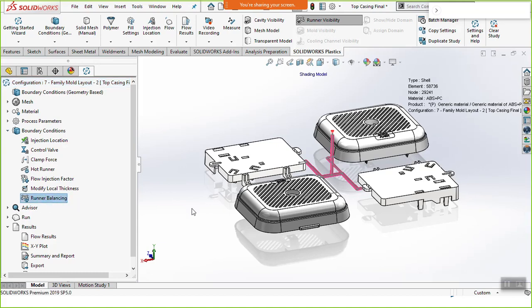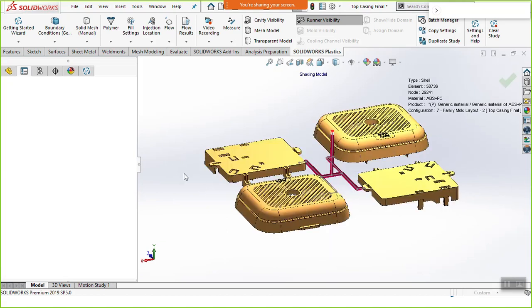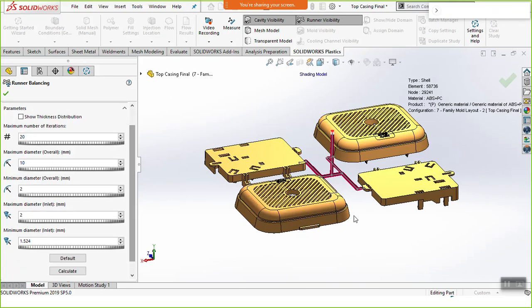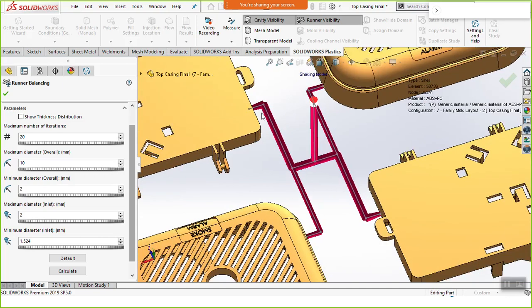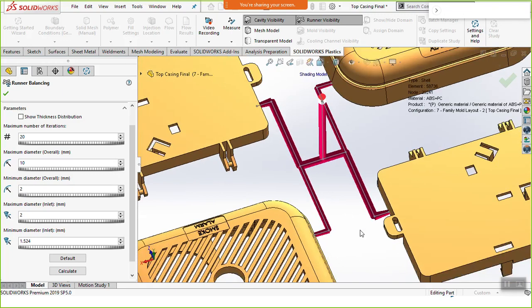In the boundary conditions, I have this runner balancing option. If you look closely, in my previous model the diameter of the runner system was equal. But after the analysis, SolidWorks has changed the diameter of these runner systems.